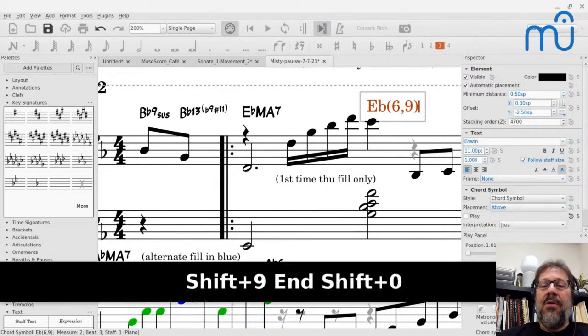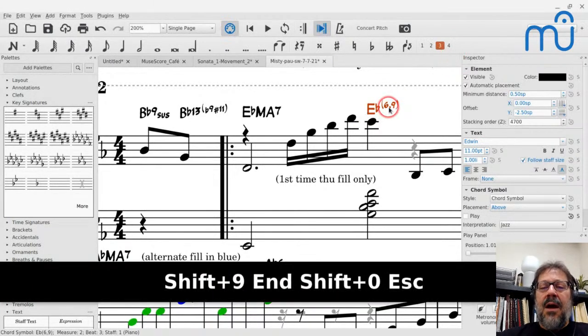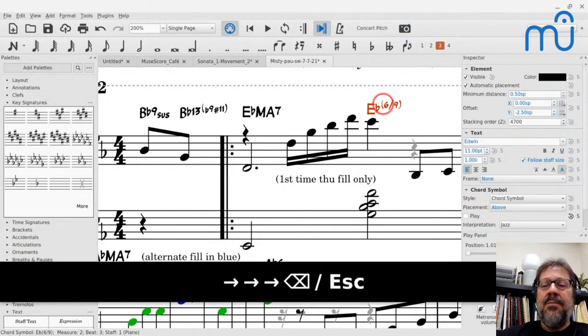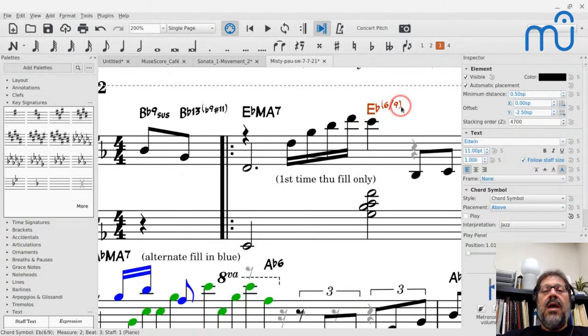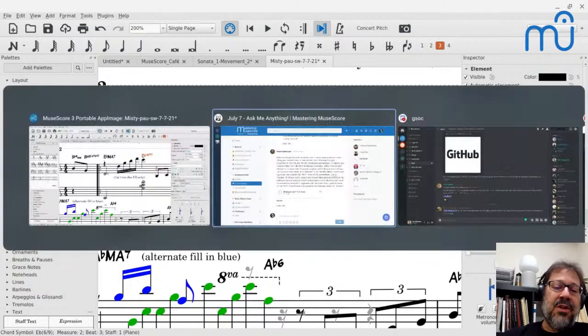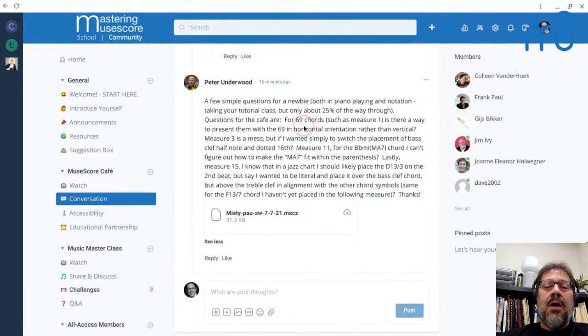You could also optionally put that in parentheses. Some people put a slash instead of the comma also, and so we handle all of those things and arrange them horizontally if you prefer. I don't recommend it. This is the one chord of all the chords that could possibly have things stacked. That's the one chord that pretty much almost universally does stack them. All right, so